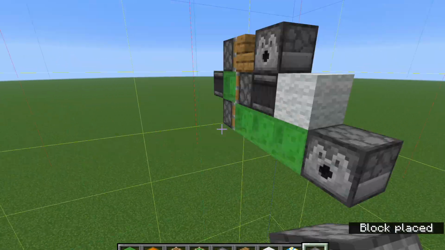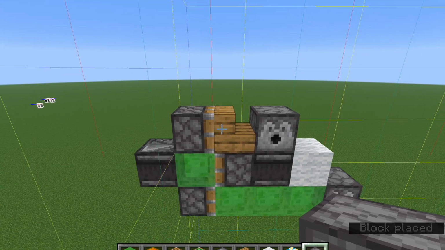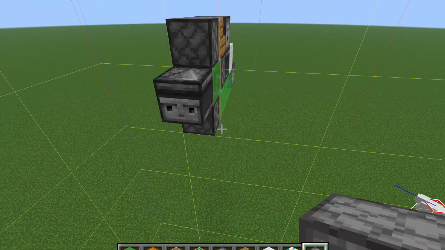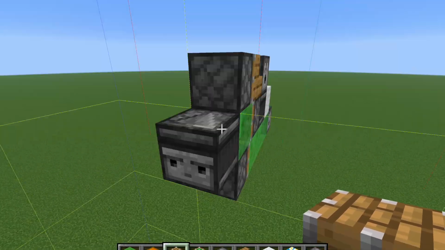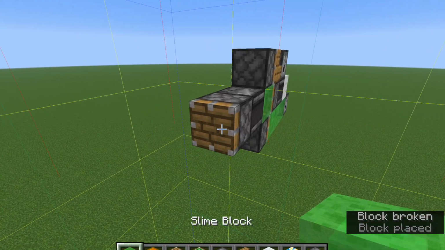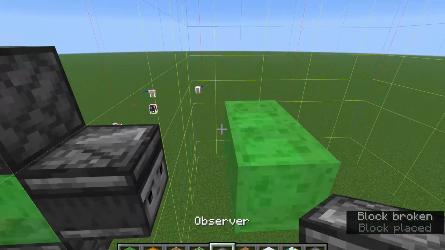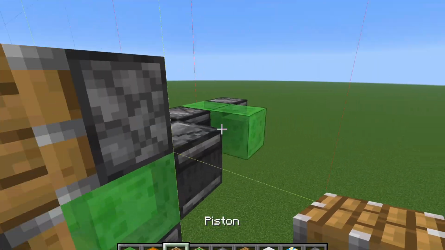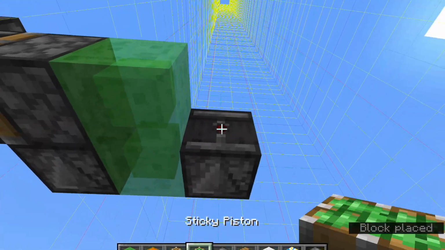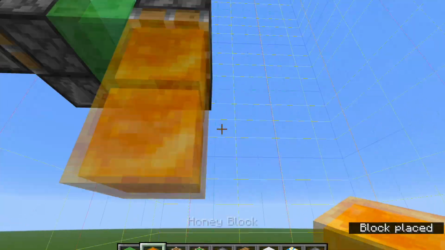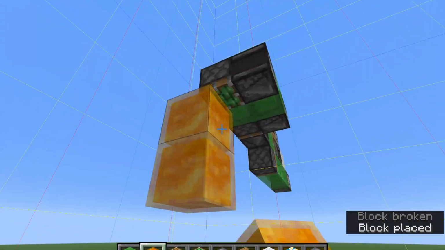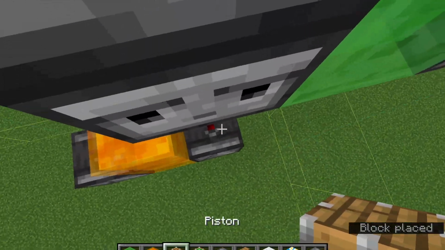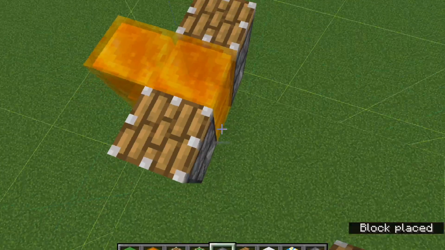So this is a flying machine, and this stair is going to represent the water level that you are generating from. So I've locked the flying machine in place, and we are going to begin building. So I'm going to add 2 observers here. One piston is going to push back at this machine, and one sticky piston is going to pull some honey, which will be down here. We're going to add a square of honey and add some observers here. Both of them will lead into a normal piston,